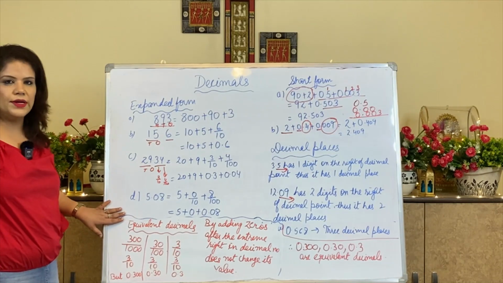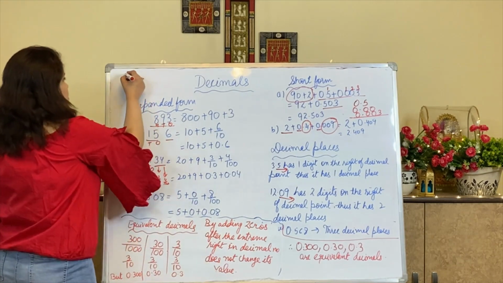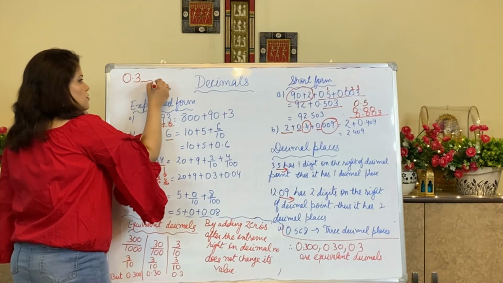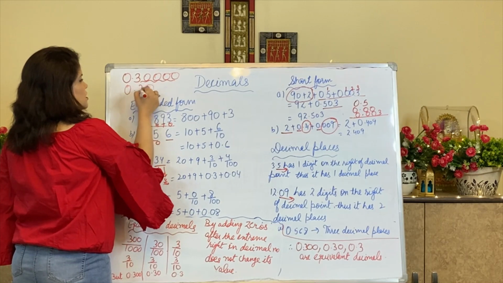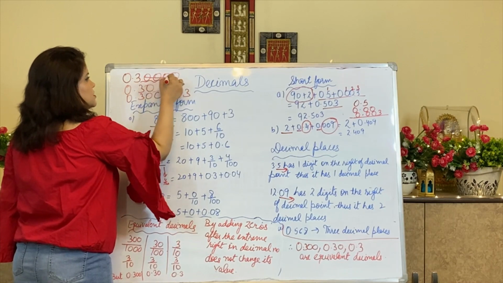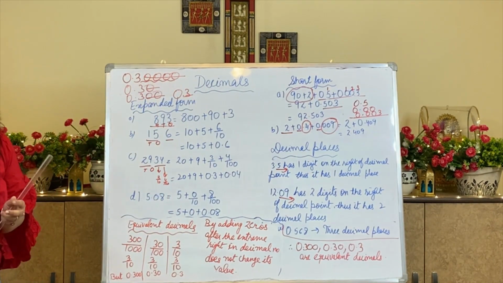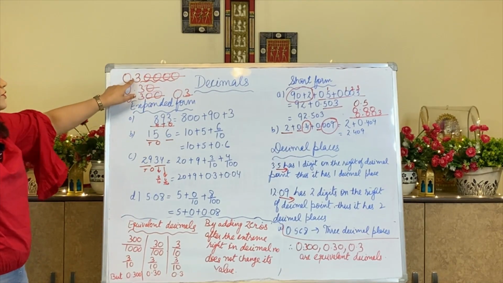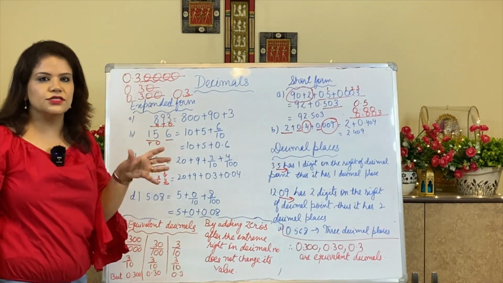Now I am taking equivalent decimals. In decimals, take care of this thing. After the decimal, if we have a number, whatsoever number of zeros I add after this, if I am adding 4 zeros, or 1 zero, or 2 zeros, or if I am not adding any zero, these zeros will not change its value. Its value will be 0.3 only. But if these zeros shift towards the left of the number, then it changes its value.